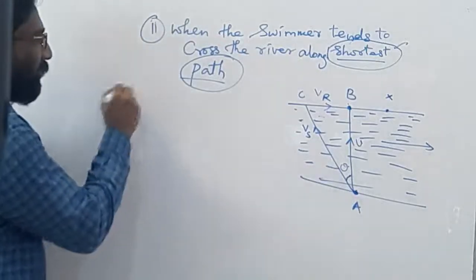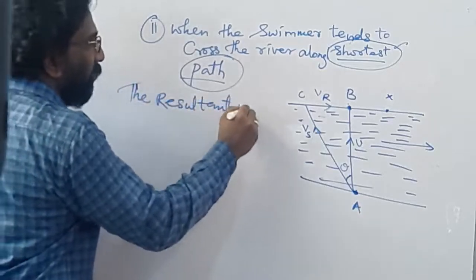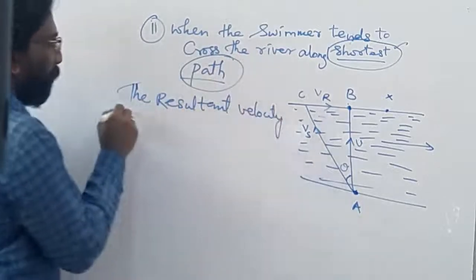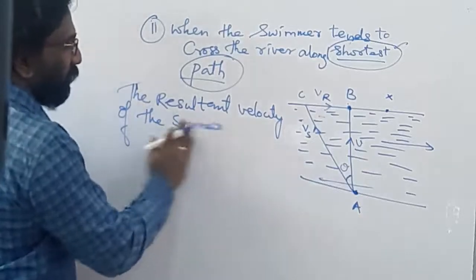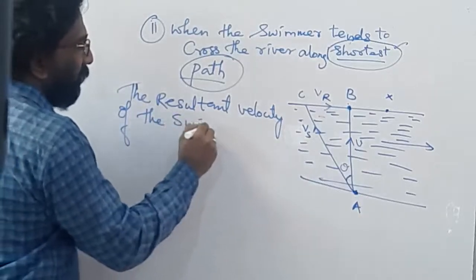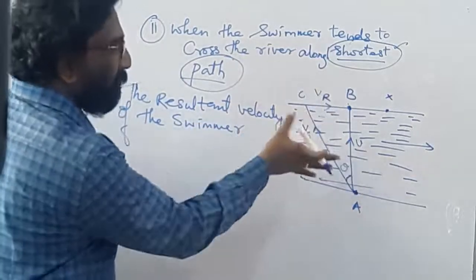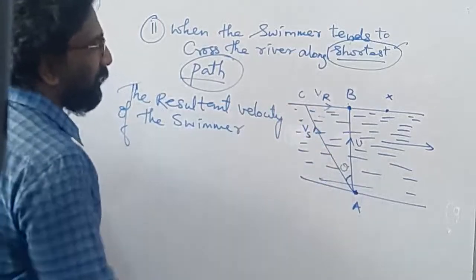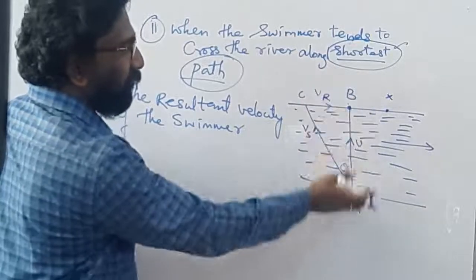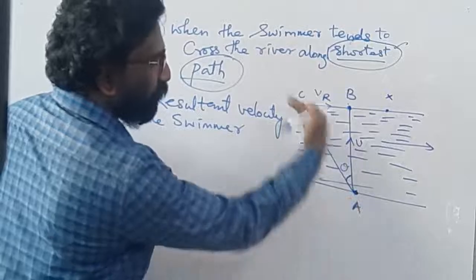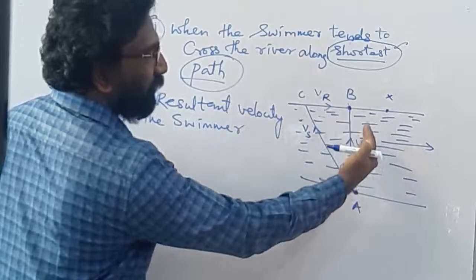So first let us try to calculate the resultant velocity of the swimmer. How to calculate the resultant velocity of a particular swimmer? See now, I can take this one, apply the same Pythagoras theorem, and you will get an answer. But since this is my actual velocity, this is my actual path, this will become my resultant velocity. This becomes my final velocity. Even though I am trying to swim in this direction, ultimately because of the water currents, I will be reaching in this direction. So this becomes my resultant velocity V.